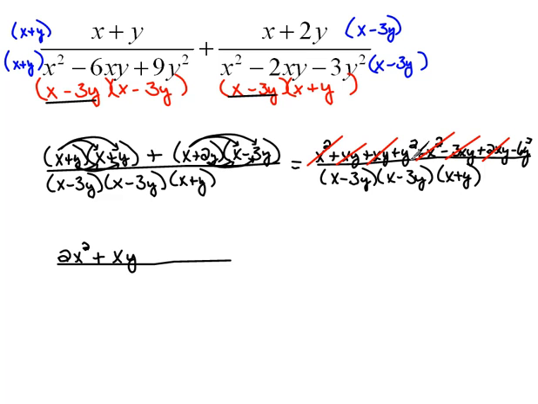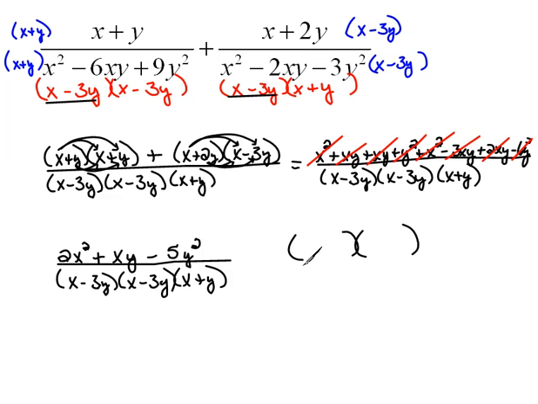And then for y squareds, we have a plus 1 minus 6, which would be a minus 5y squared, all over our common denominator again. Now our final step is always to see if we can factor,